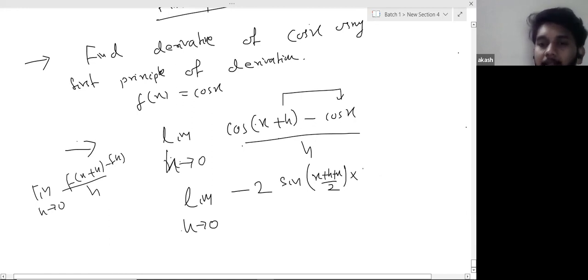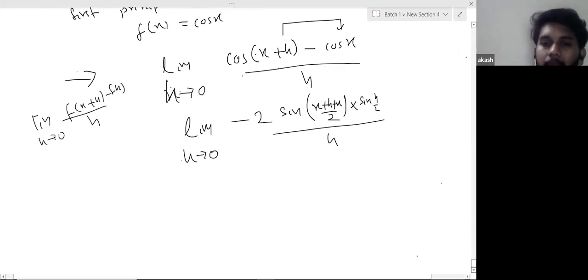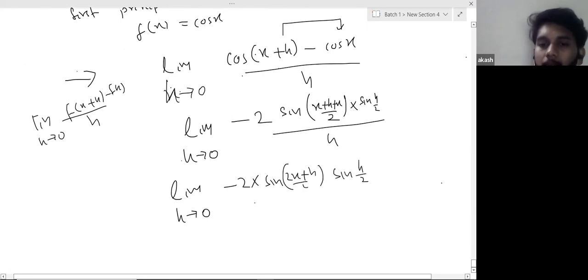So x and x is cancelled. Sine h by 2 whole divided by h. So this is limit h tending to 0 of minus 2 sine of (2x plus h) by 2 sine h by 2